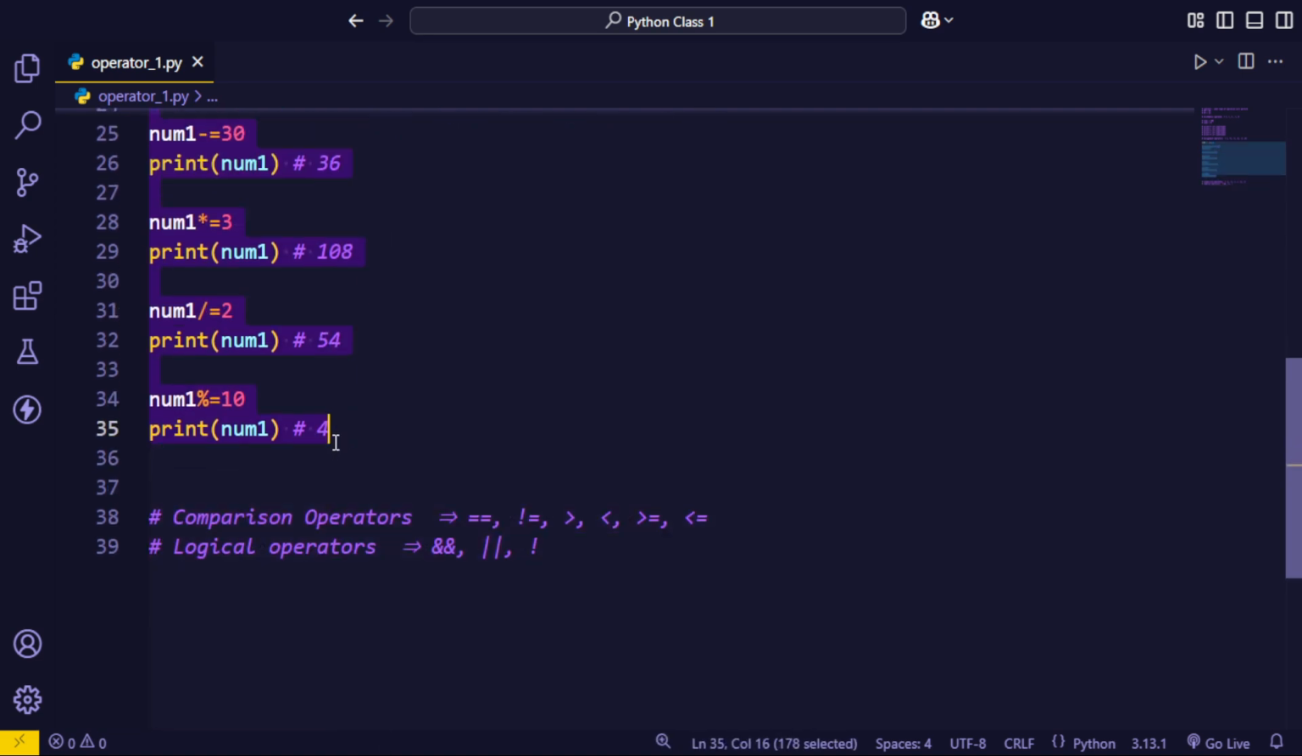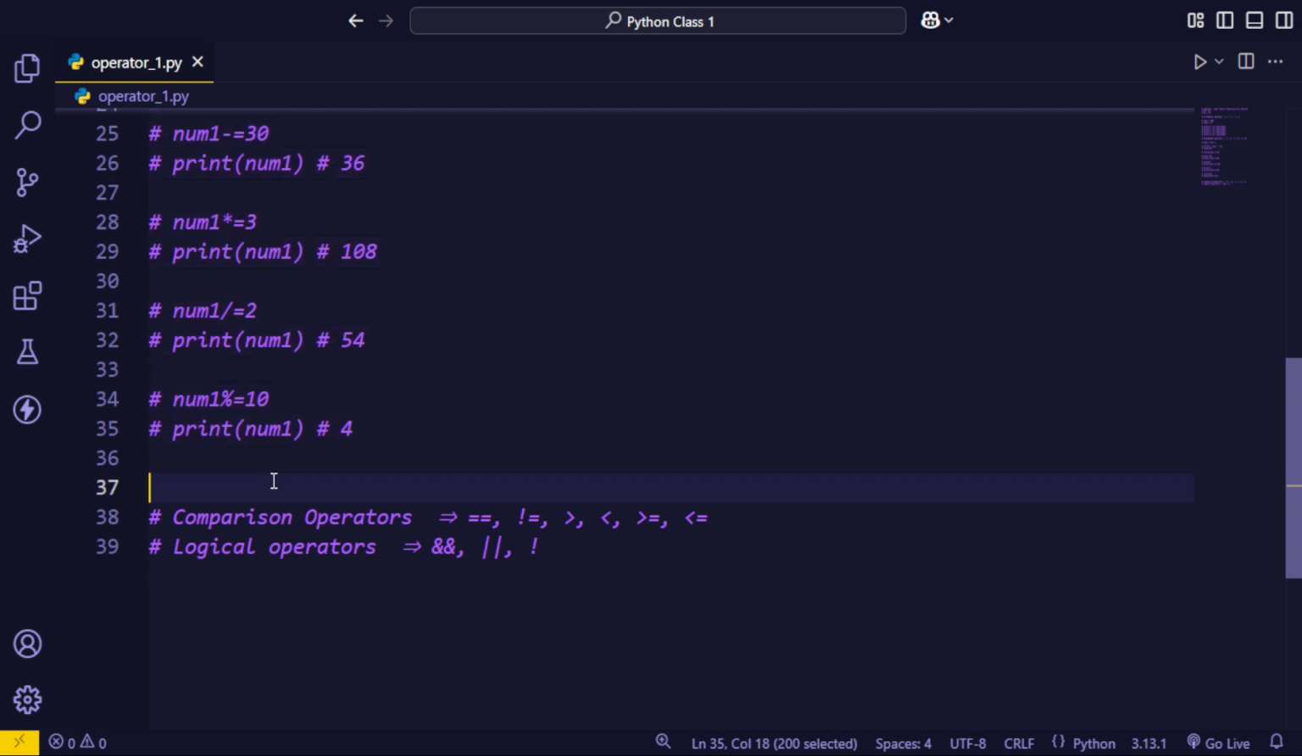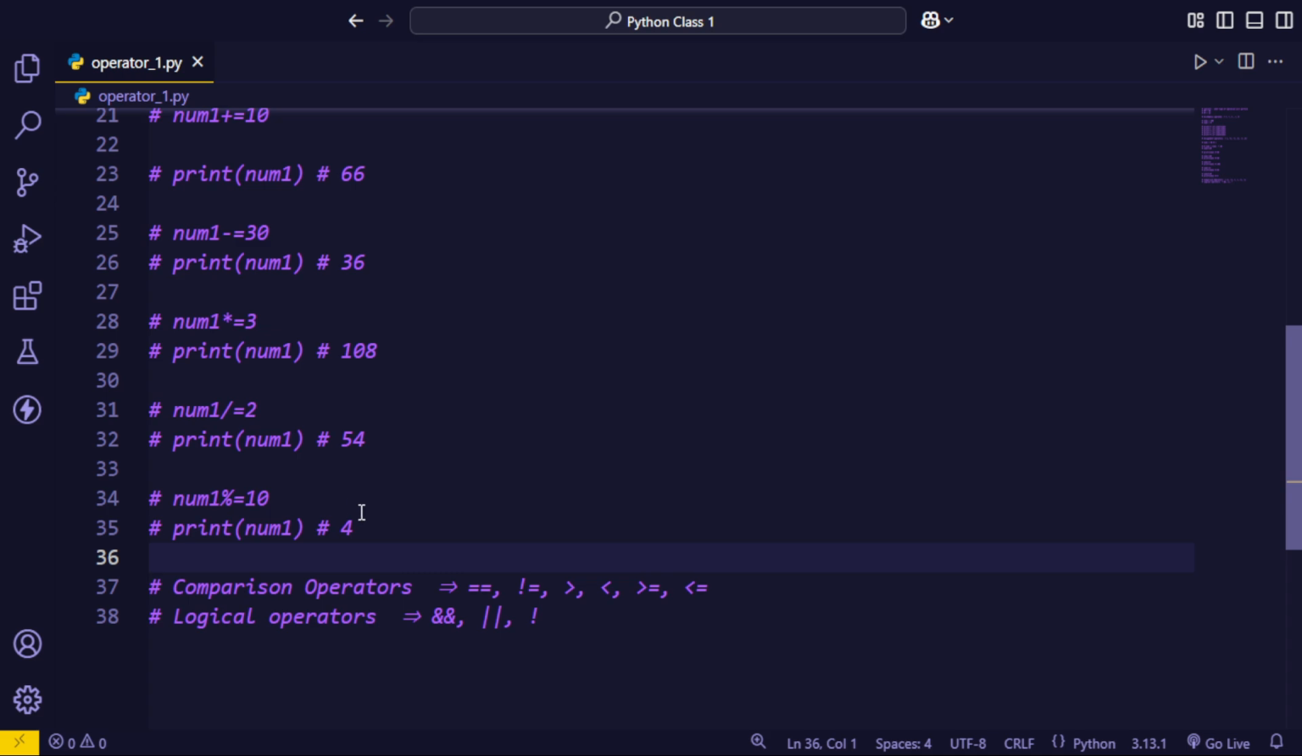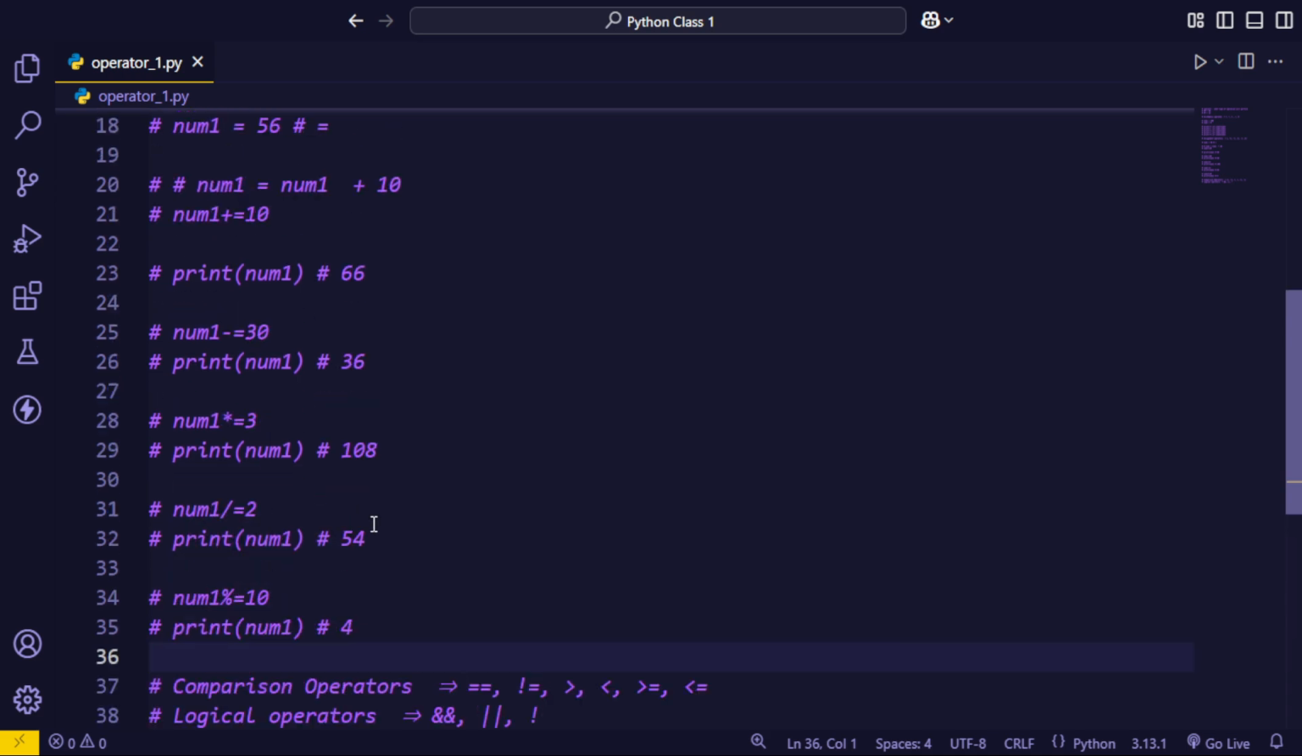Okay, now our third type of operator is comparison. So wait. So if a number one is equal to 56, and then it is